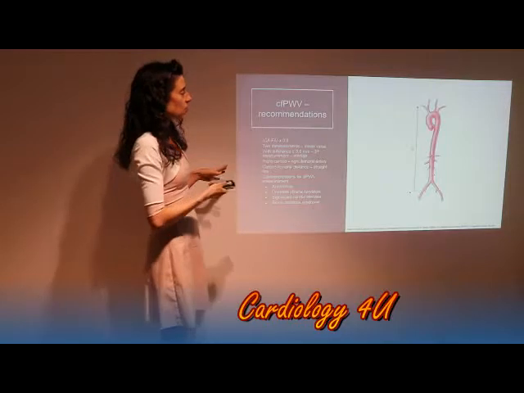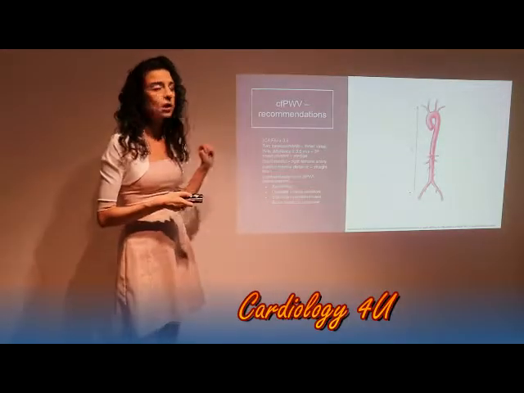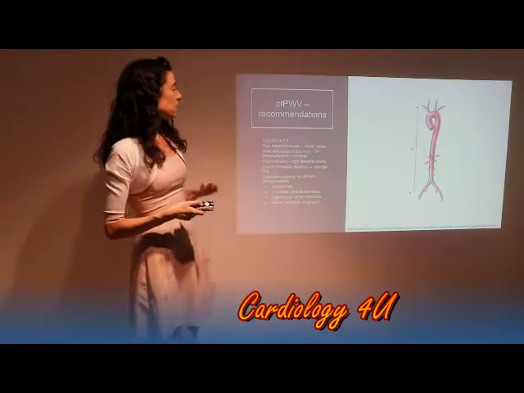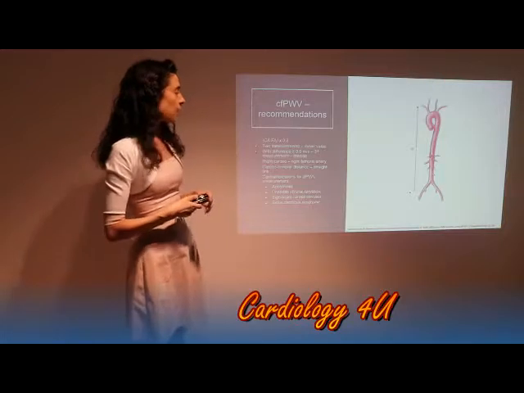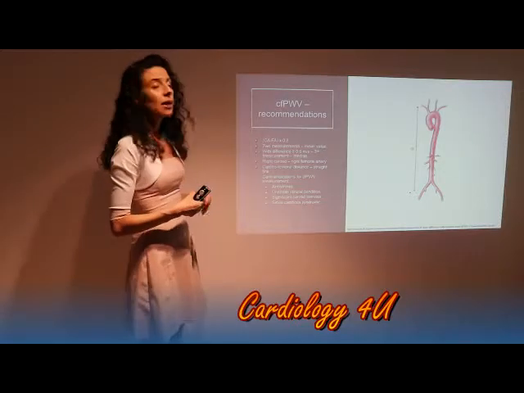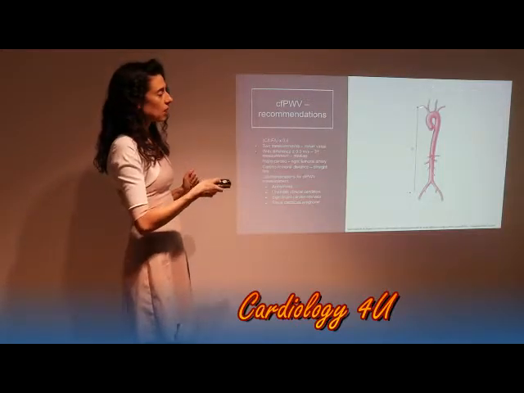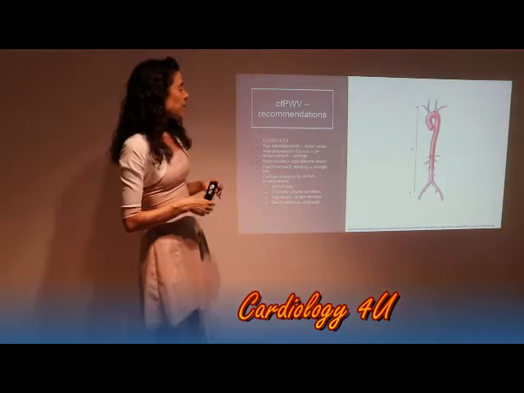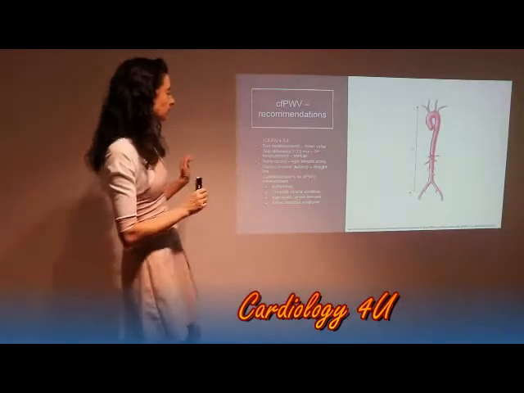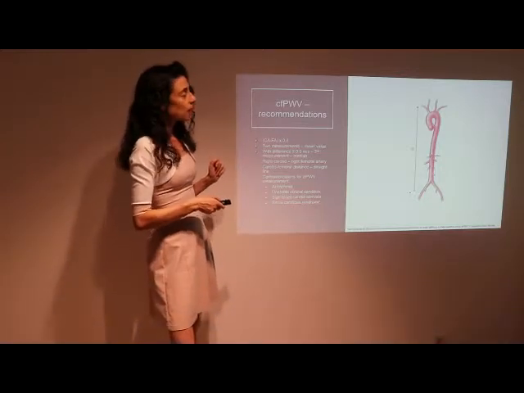Another useful thing for the measurement of carotid femoral pulse wave velocity are the following. You should make two measurements and take the mean value. If these two measurements differ by more than 0.5 meters per second, then you should take a third measurement and take the median. The distance and the measurements are made on the right carotid and right femoral arteries. The carotid femoral distance is measured as a straight line,